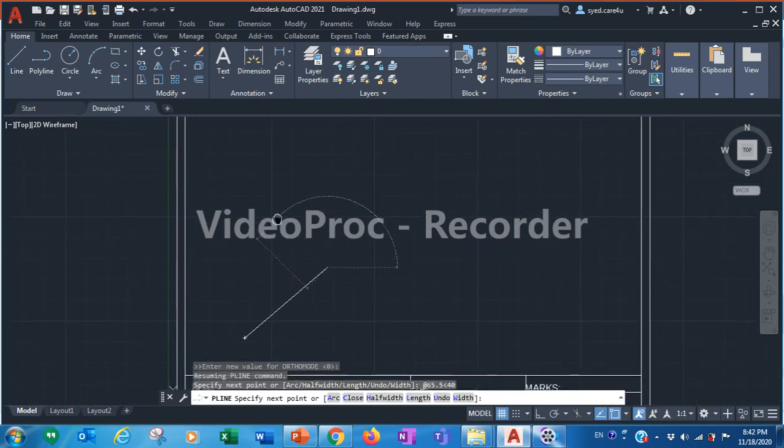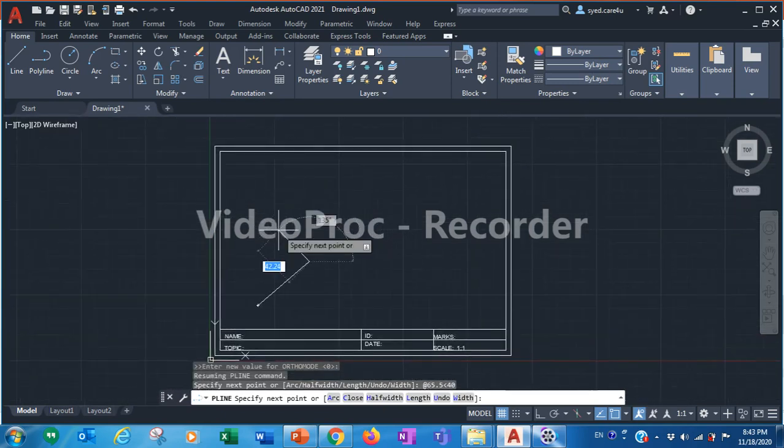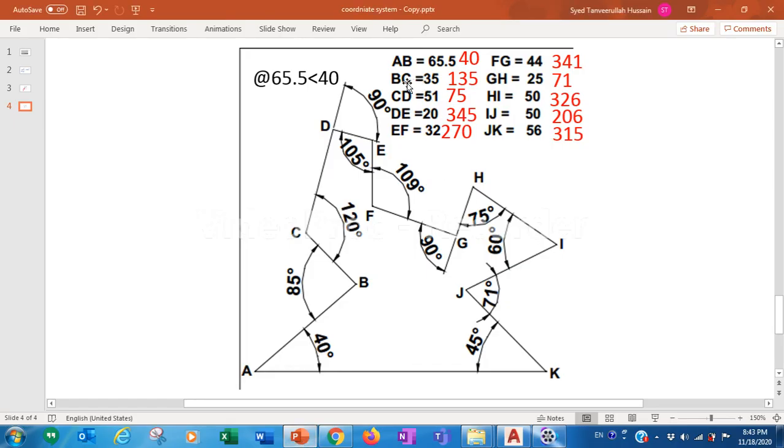Now let's go to the second line. Let me write again for the second line. The second line is BC, the length is 35. So here I will type @ 35 less than 135.